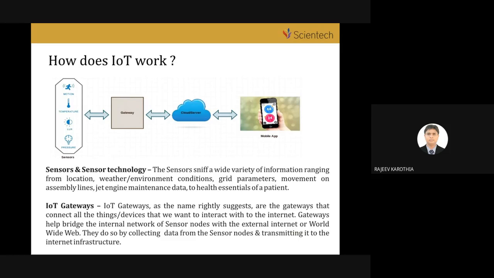And then the second part is the gateway. After collecting this data, you have to learn about the gateway. A gateway is a combination of some communication protocols, either wired or wireless. The second part of IoT, the gateway, is connected with the cloud. We have cloud connectivity either through a GSM network, Ethernet network, or Wi-Fi network. So the external internet is there to communicate your sensor data to your cloud services.